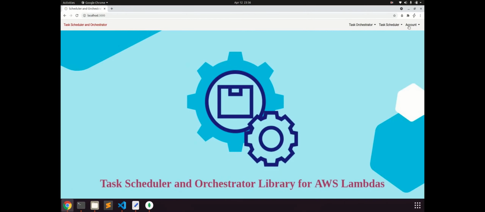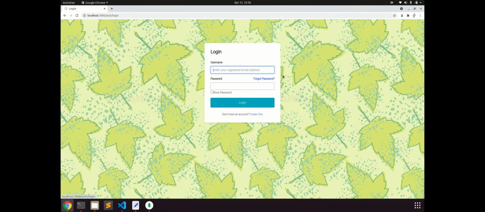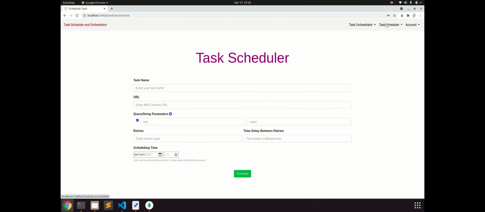The task scheduler. We can create a new account by registering, or we can log in to a pre-registered account by providing the credentials. The forgot password facility also works in our system. We can also reset the password or log out from the system in the user authentication. For the task scheduler, we can schedule, modify, cancel, and retrieve the task.